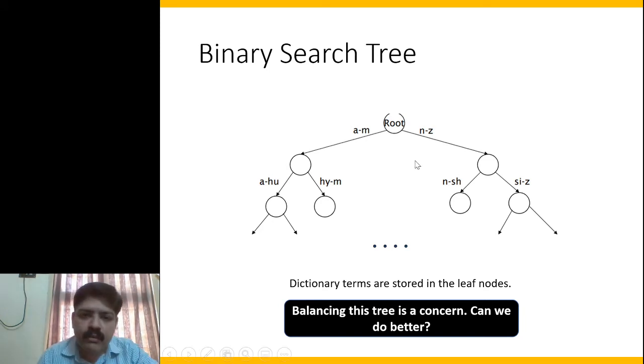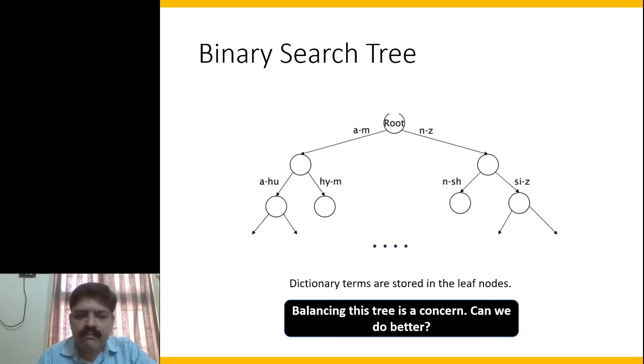Oh sorry, I'm looking for B from here again, and I again go to the left subtree till I reach the term Brutus. So the dictionary terms in this tree are stored in the leaf nodes, and one problem here